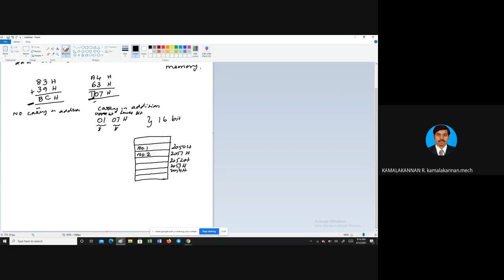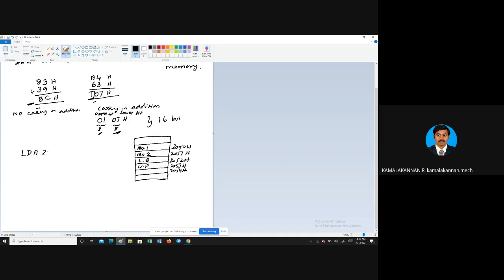So these will be stored in such a way in this memory, and again they will be added, and the result will be stored in a lower byte and upper byte. As I have indicated here, first the lower byte will be stored here, and then the upper byte will be stored here. So this is how the memory will store the given data and add after that. This is how it will be stored. So for that, what you have to do is get number one. So the program will be